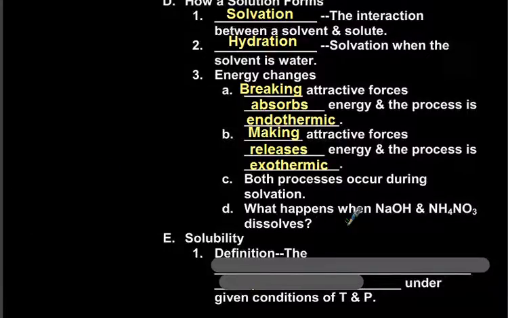Well, hope you fast forwarded longer. NaOH gets hot, NH4NO3 gets cold, and this would be exothermic and this would be endothermic, and we'll show those in class.